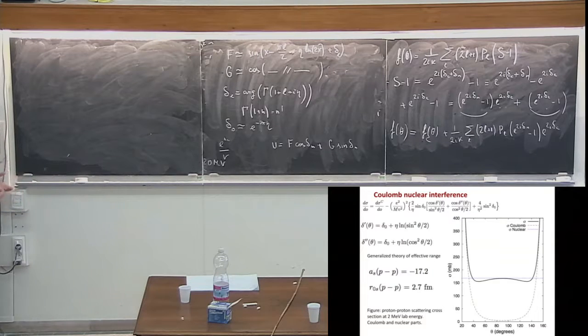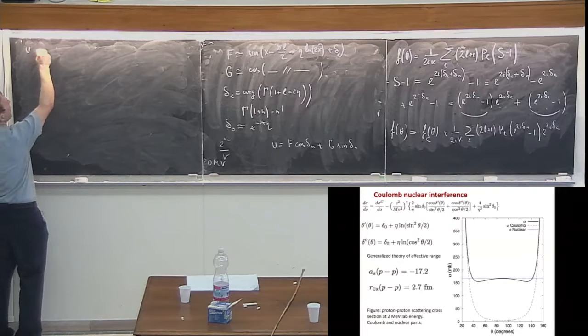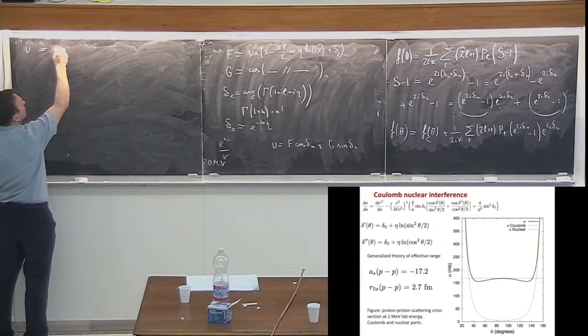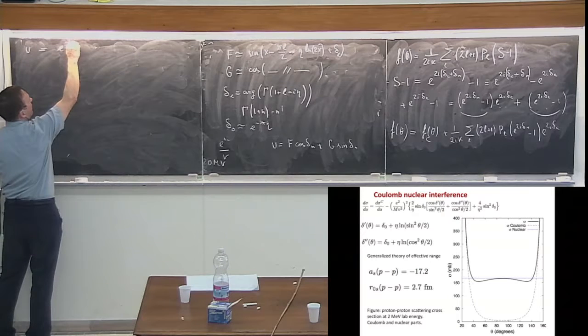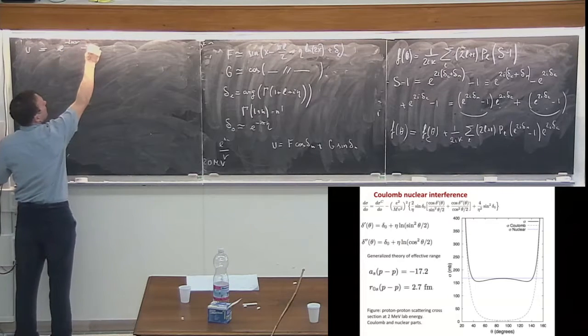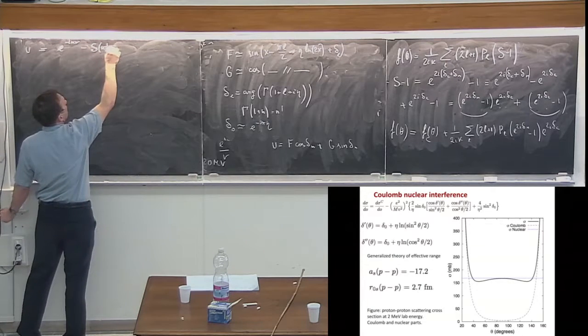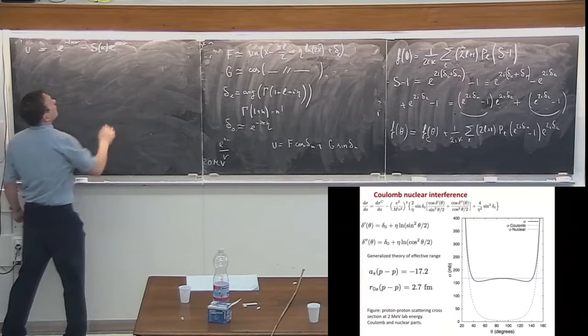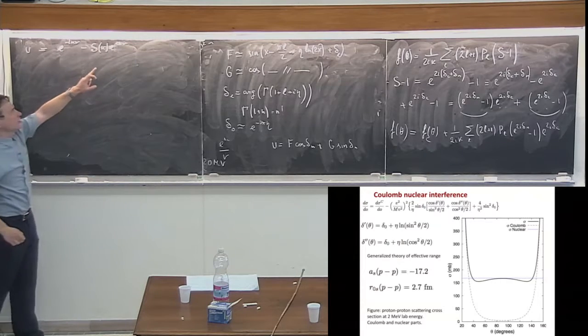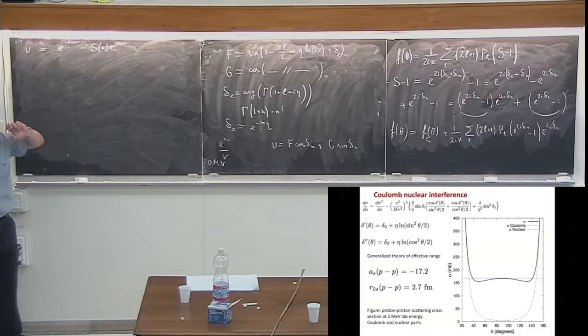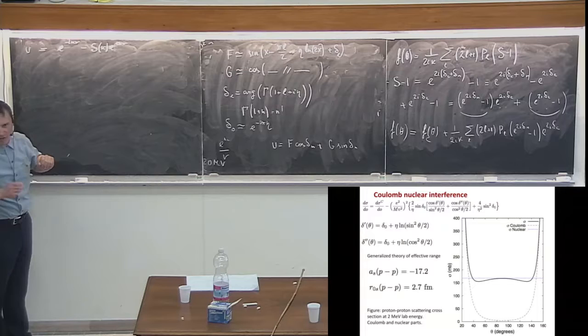So if I have an S matrix, and as we talked, I have a solution which is U, and this solution U is essentially e to the minus ikr minus my S matrix, which depends on k, e to the ikr. So this is your incoming wave, this is your outgoing wave. Okay, now if you would like to be more precise, I wrote it thinking of S wave pretty much here,